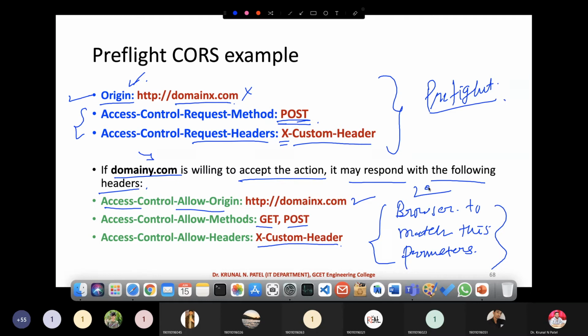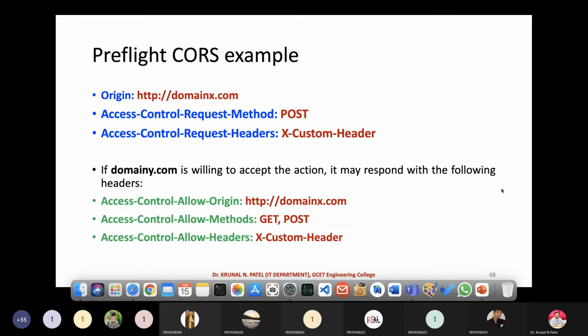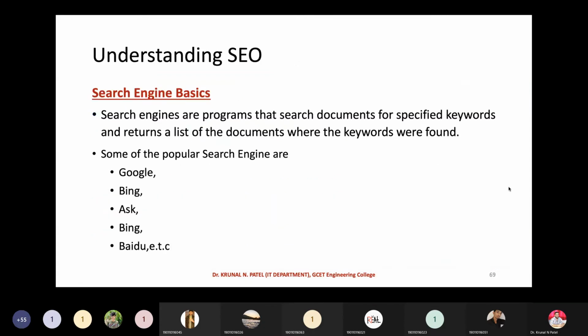If they do not match, then you cannot access the resource. But with the preflight, if it accepts this, then you will get this kind of response headers. So this is the particular preflight scenario, and that was all about CORS.